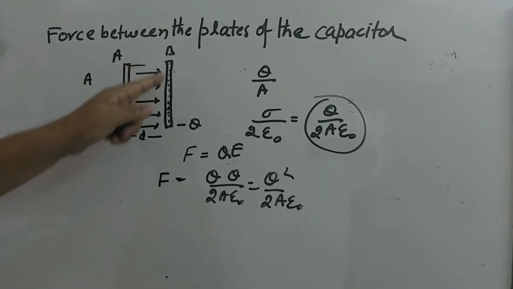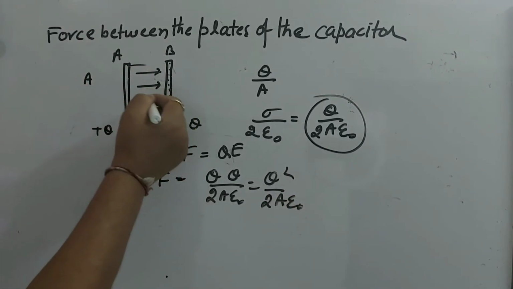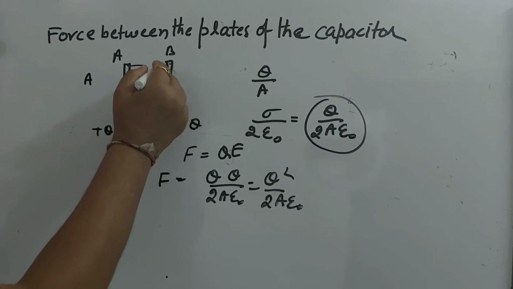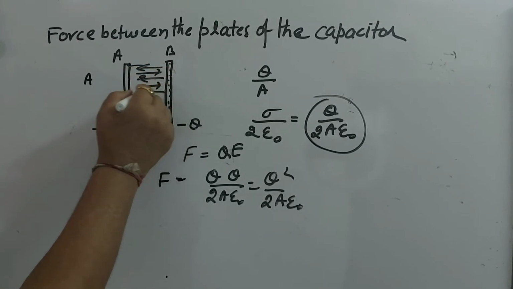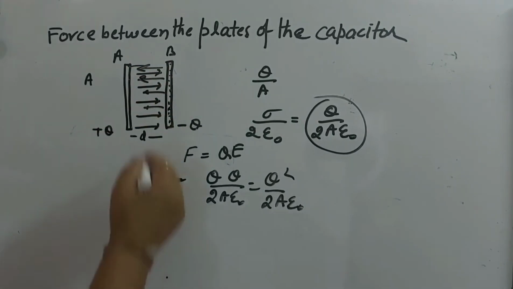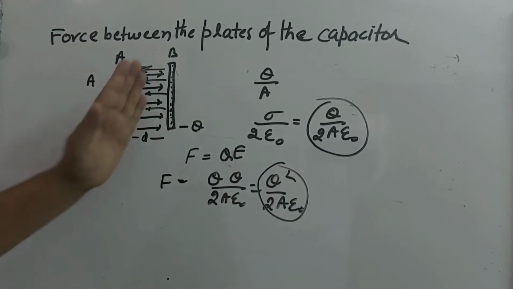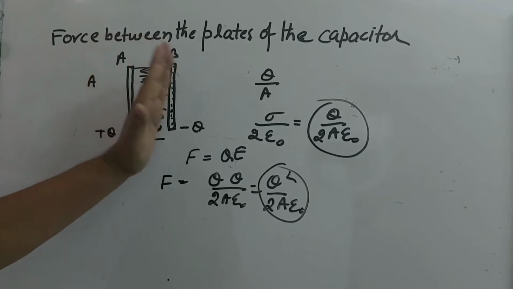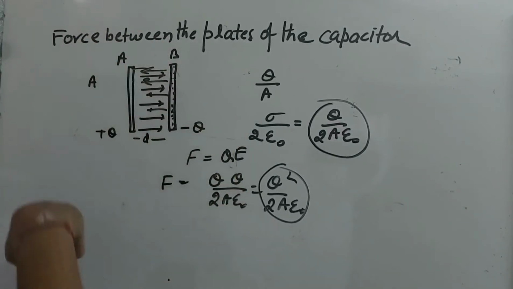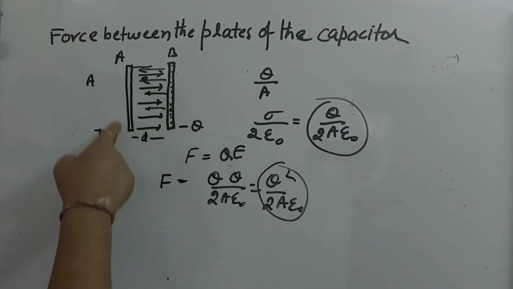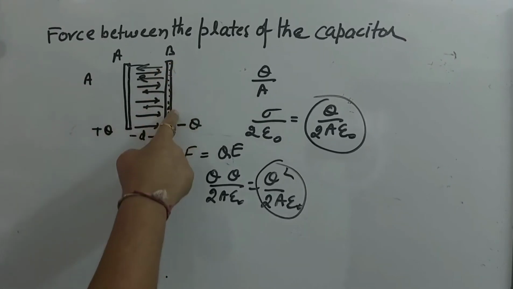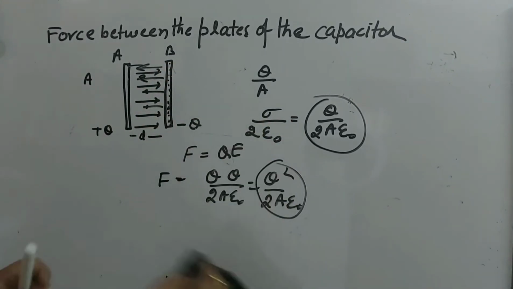And since this is carrying negative charge, so this will be having force in this direction. So this is attractive force basically. So this is the force acting between the two plates. So same force this will also experience because action is equal to reaction, or this can be done the other way also. This plate is lying in the field created by this, so same way you can calculate.